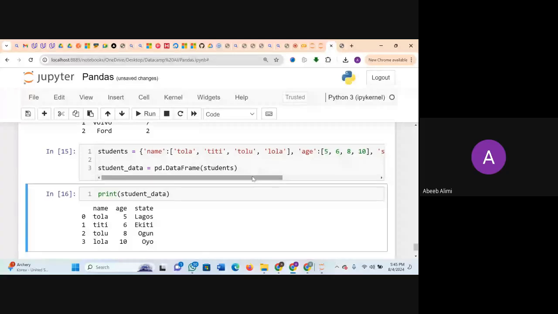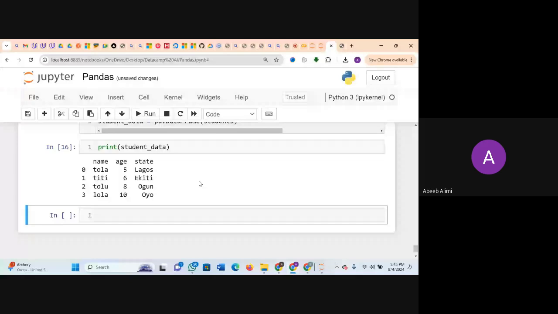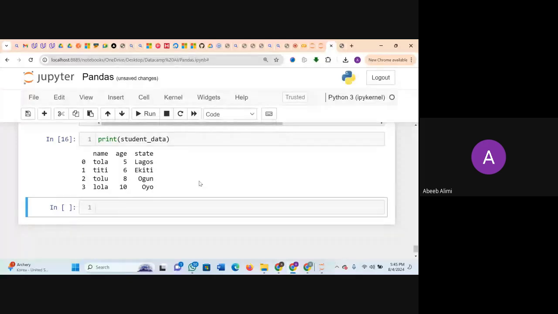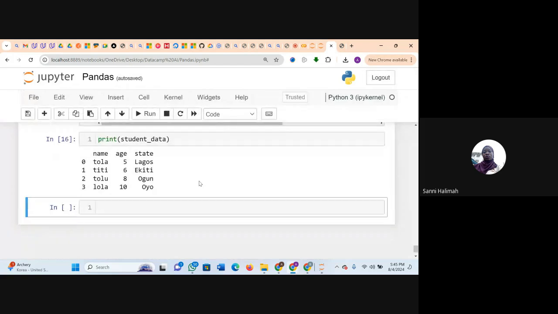Once we have been able to do that, the next thing is, I mentioned something to us about an index, right? Can we recall that? Yeah, you said index label starts from 1.